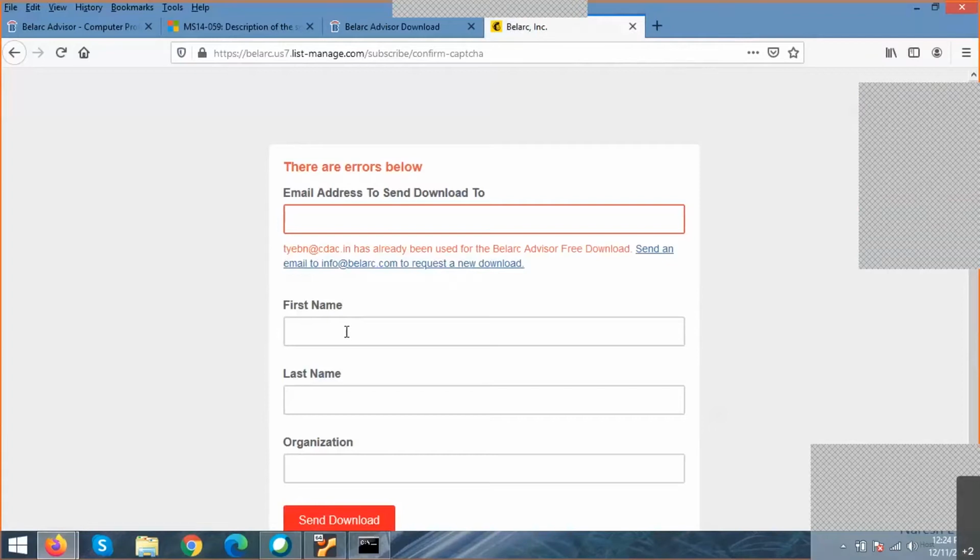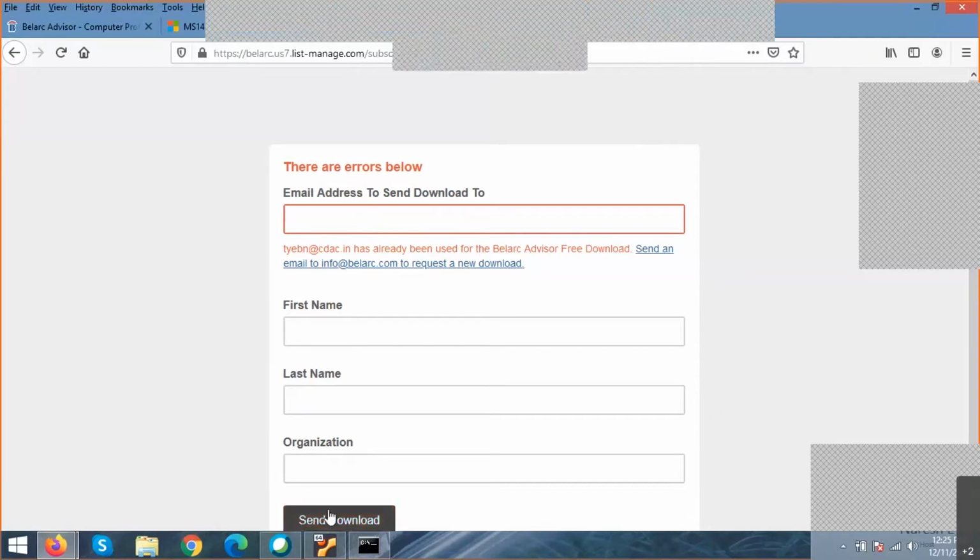Yeah. So email address to send the download to. Yeah. So it is already used. See, tayyab@cdac.in has already been used for the Belarc Advisor. Okay. So you can just request anyway. It's not compulsory that you give your official email ID. You can also use any second Gmail or anything apart from your official email IDs. Okay. So the link will come to your email ID. Okay. So after that,